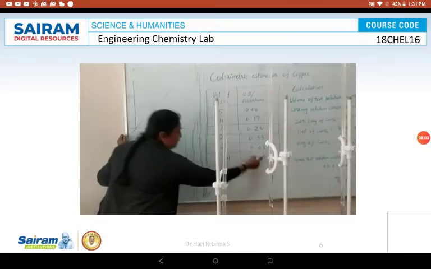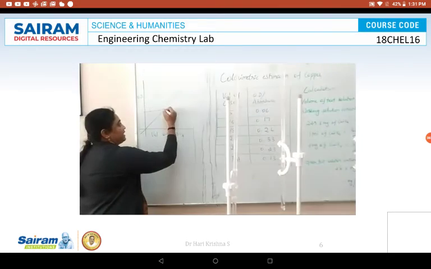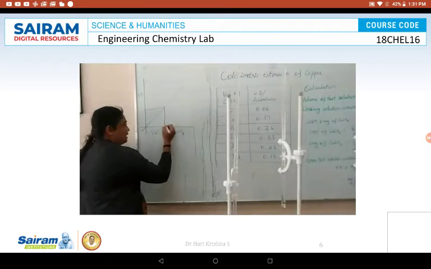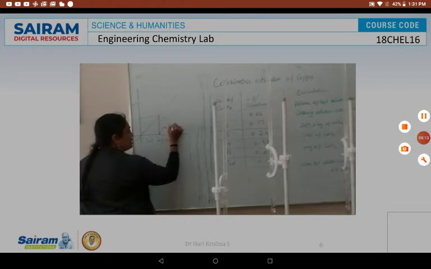Mark it on the graph, draw a line to the main line passing through the origin, then extend it to the x-axis. Wherever it meets, this is the volume of